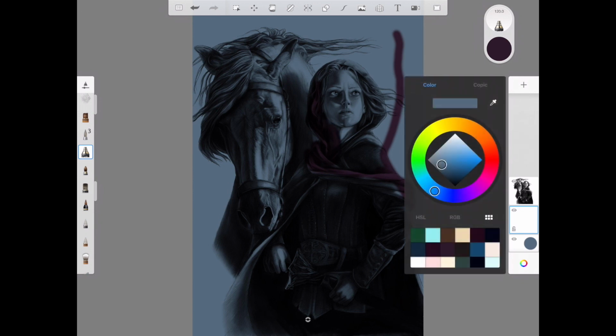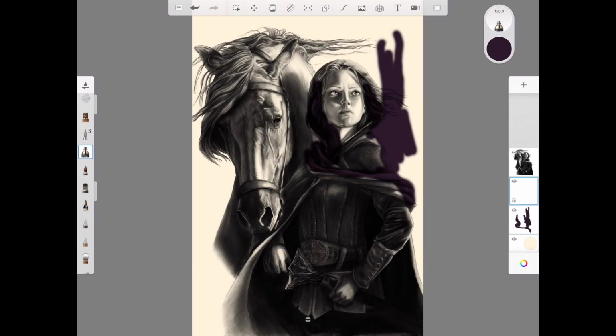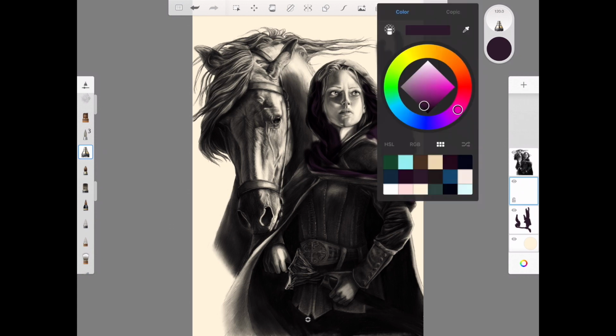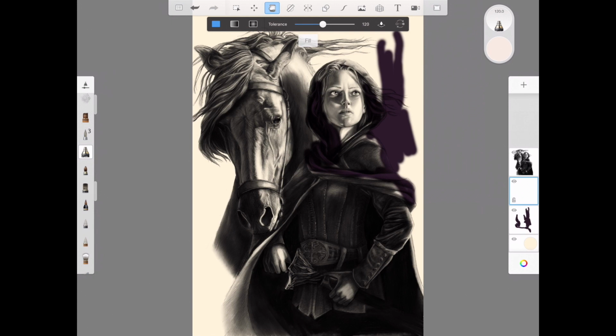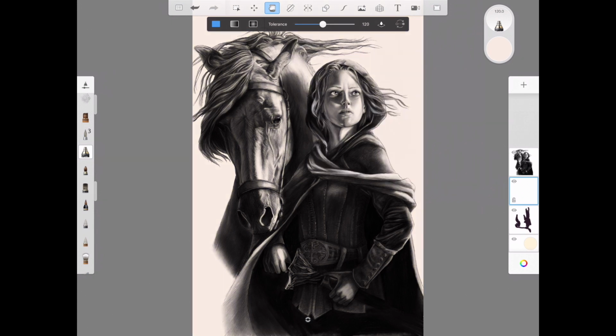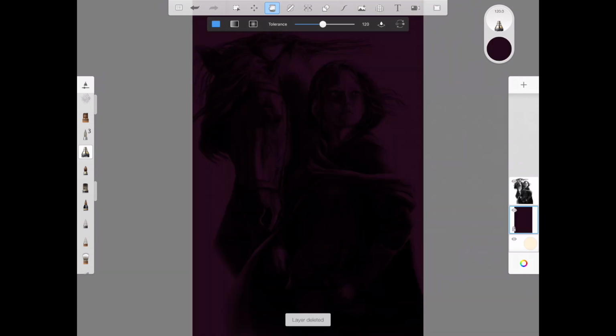Now if I add another layer and I pick a new color, see, it does cover it quite well, but because it has soft edges, there will be areas where it can still show through. So you could potentially just go like this and put in some kind of solid background. It could be white, it can be any color you want it to be. Personally, what I like to do, and it's faster than just coloring it in like this, is I think of